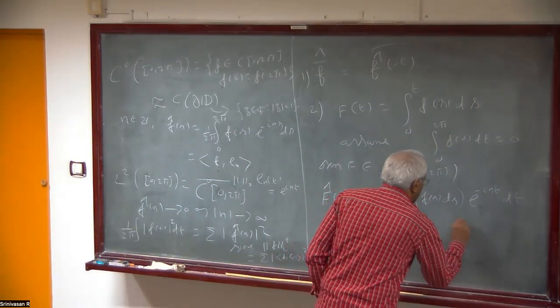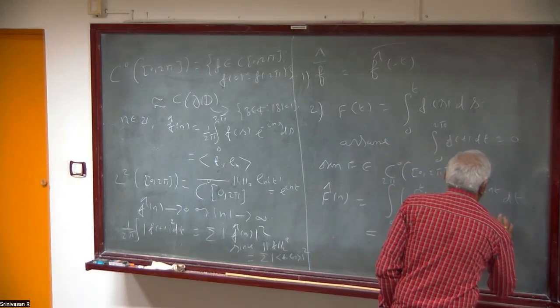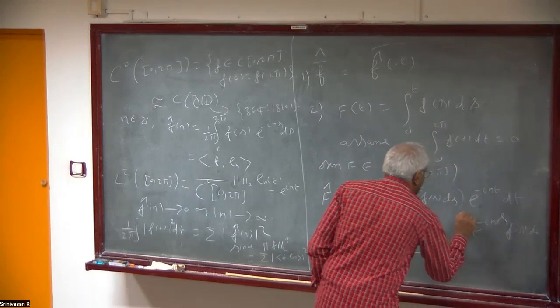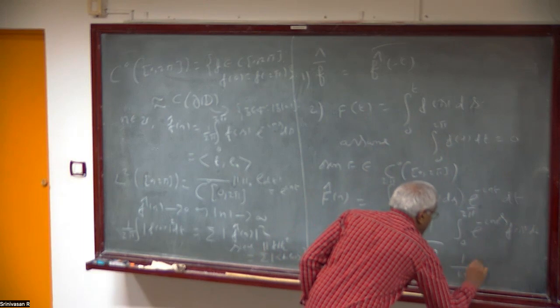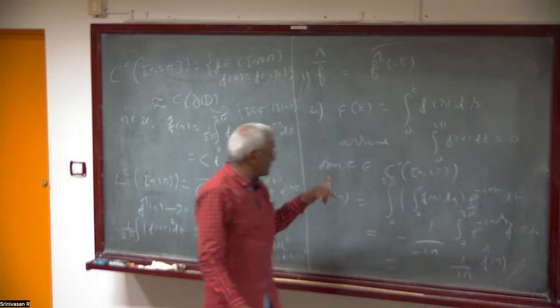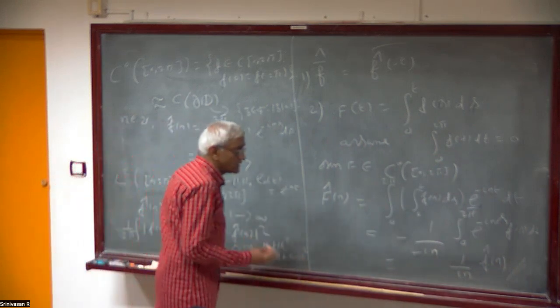Then you have the integral of e power minus ins f of s ds from 0 to 2 pi, and you will get 1 by in times f hat. Okay, by integration by parts, you get this. Okay. Similarly,